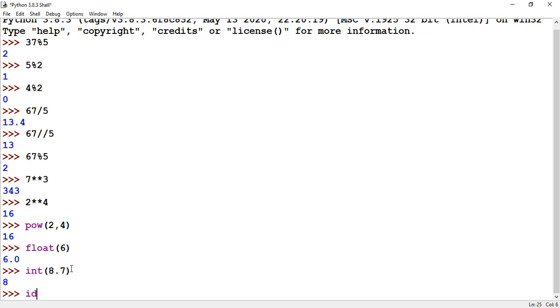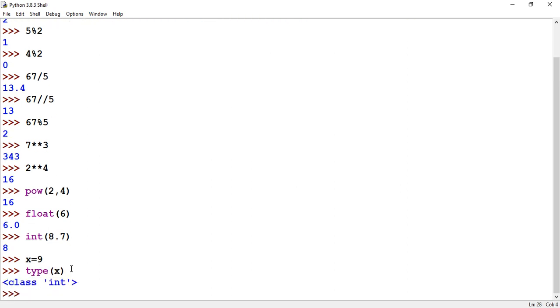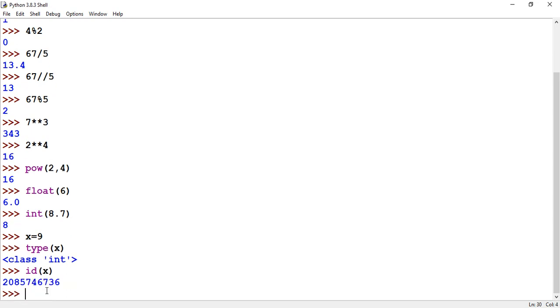More functions we have also used, like suppose there is a variable x equal to 9, we can see its data type by using the type function. You can see here it is int type. We can also find the storage address of x, where the x variable has been created.